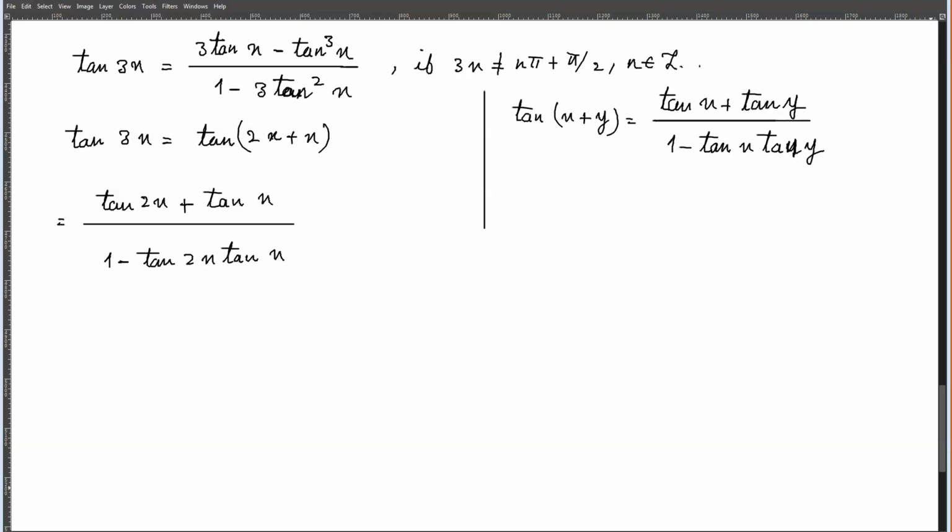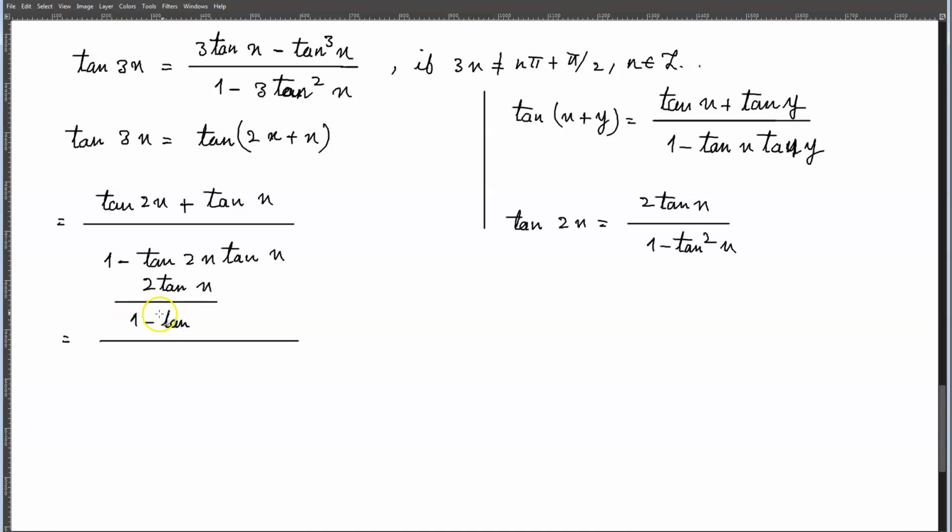And then what we can do here, we know that tan of 2x was equal to 2 tan x over 1 minus tan squared x. So I can write tan of 2x as 2 times tan x over 1 minus tan squared x. And then I have over here plus tan x,